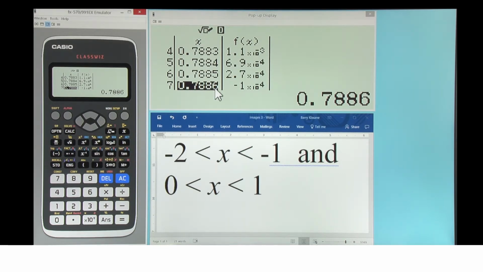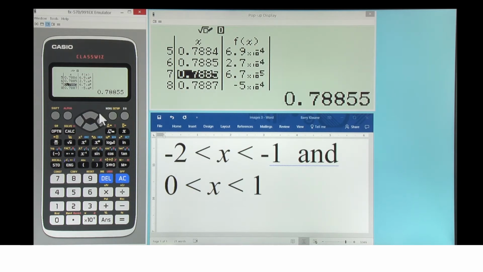Highlighted the X value, 0.7886. I'm going to change it to 0.78855, which is a little bit different, and notice as soon as I do that, the value in the table has changed. And if I continue to, this is the one up here, the 0.78855. So we can change that value manually.